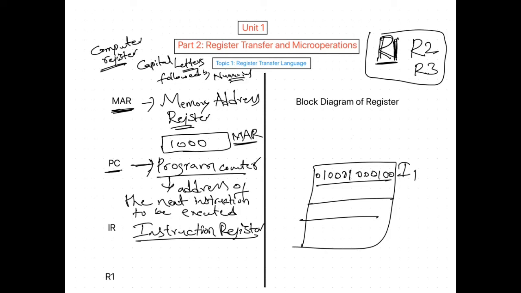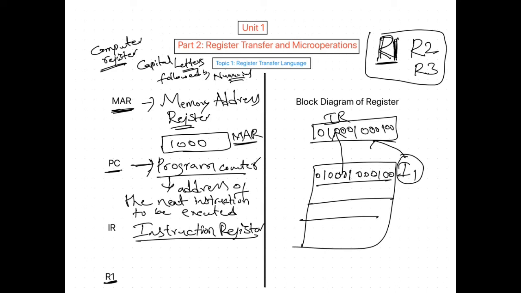So like this, a 16-bit instruction will be there. The 16-bit instruction will be directly stored in the IR register. This total content will be stored here, like 0, 1, 0, 0, 1, 0, 0, 0, 1, 0, 0. Instruction is directly stored in the register. So what is that register? Instruction register. Very simple. Instruction register stores the instruction.